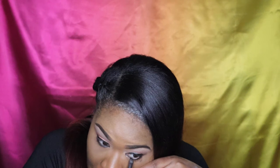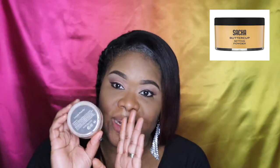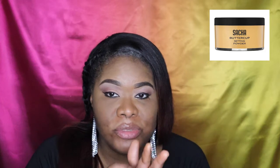And also we're going to go over this as well with our setting powder. Mind you, whenever you use a cream makeup, you want to set it with a powder. So I do have the Sasha matte face powder. I'm using a lighter color here. Again, with my beauty blender that's still moist, I'm just going to pat in the powder,